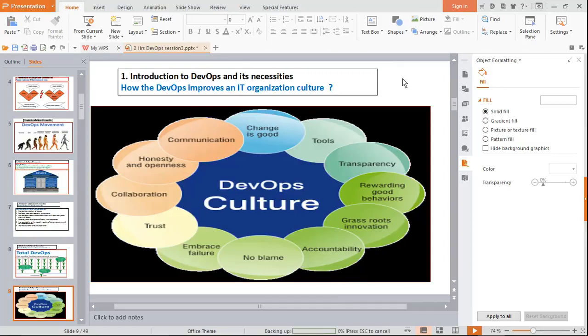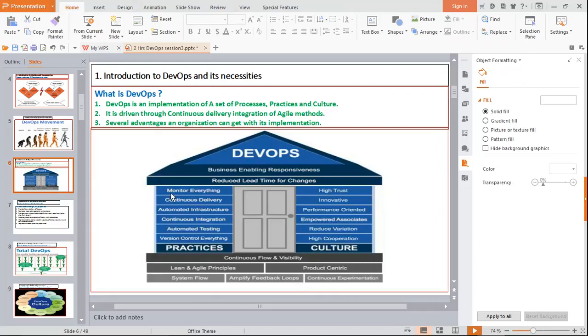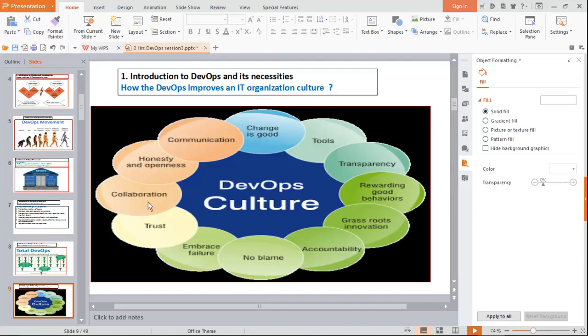In this slide you can see how DevOps improves an IT organization culture through these practices. So let us see, I am going through these circles, anti-clockwise. Communication is going to be increased, honesty and openness is going to be increased, because we have seen in one of the DevOps people practices, high trustability is there. With that what happens? Honesty and openness will be there with the teams, and collaboration is there. That is the main activity within the team practices, and trustability is established. And embracing failures,